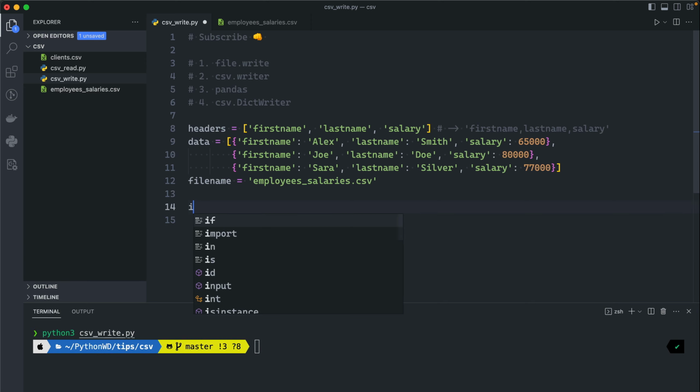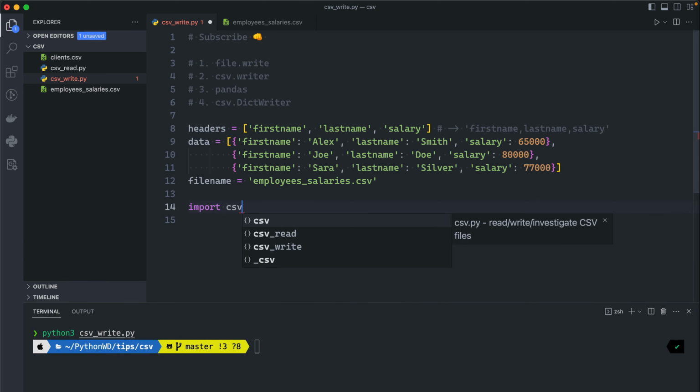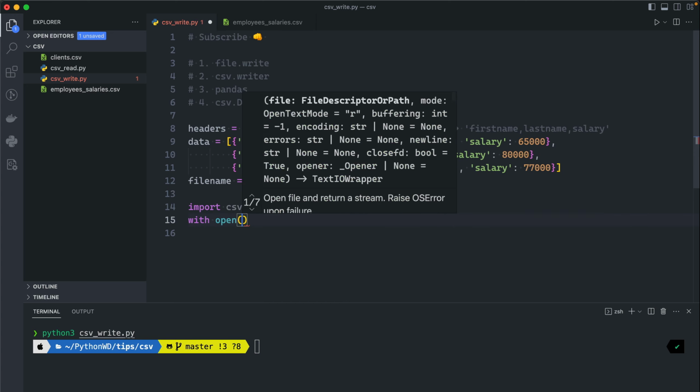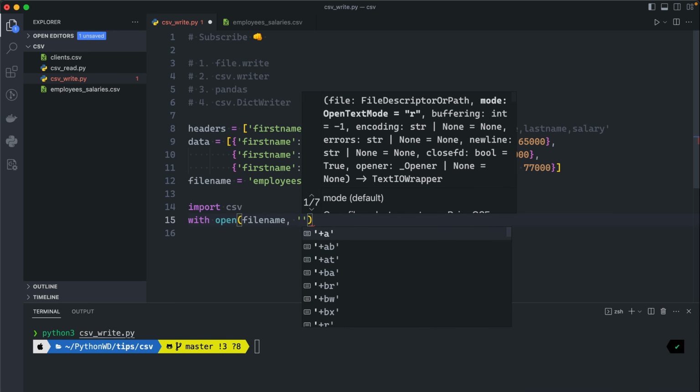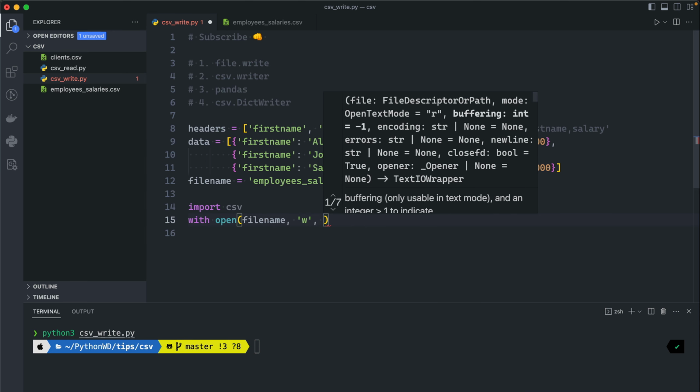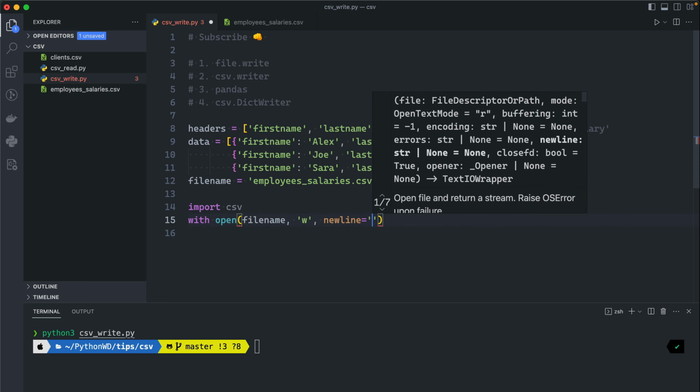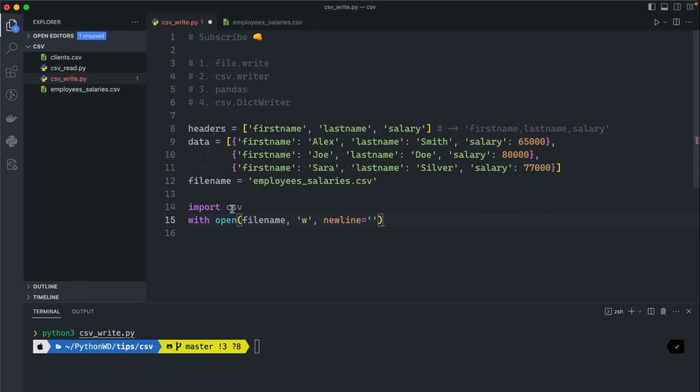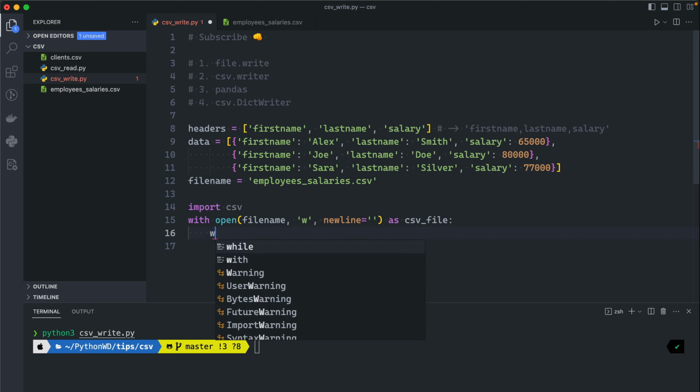First of all, I need to import the csv package. After that, I need to open a file with open and the file name. The mode is w again. And we also need to specify newline equal to an empty string, because again, we are using the csv package. And you will call it csv_file. Now let's create the writer object. So writer is equal to